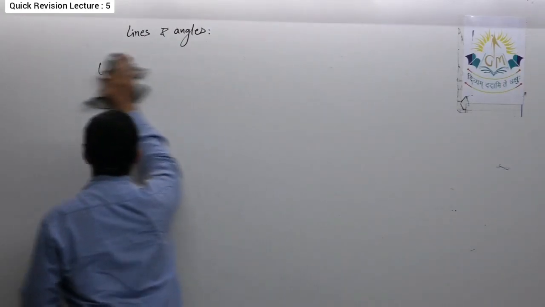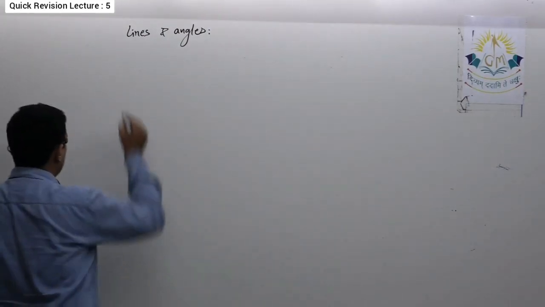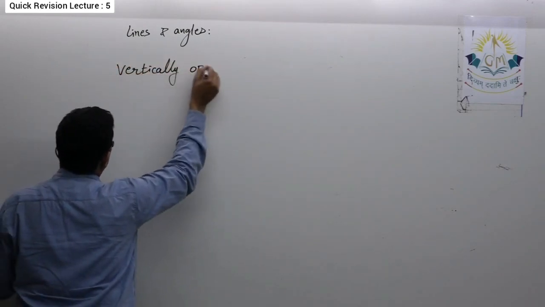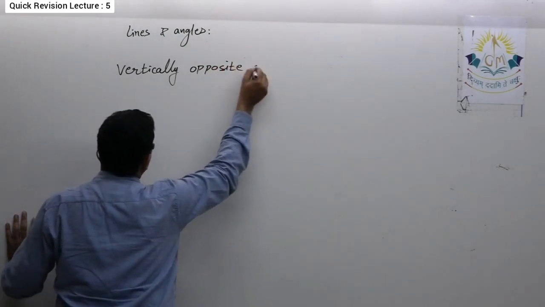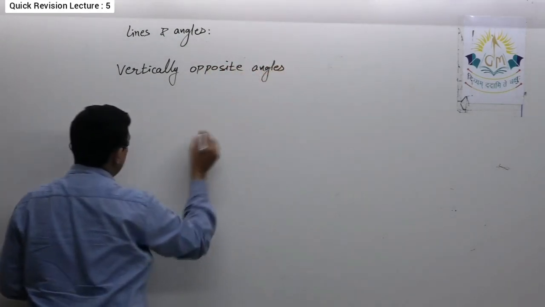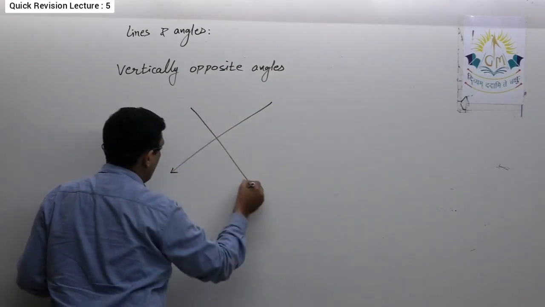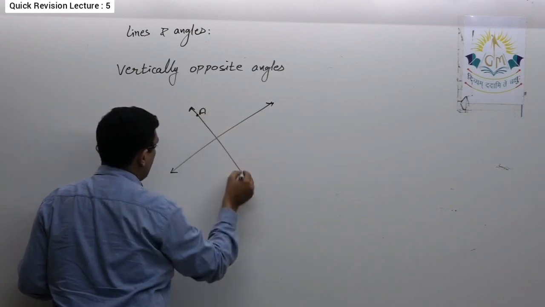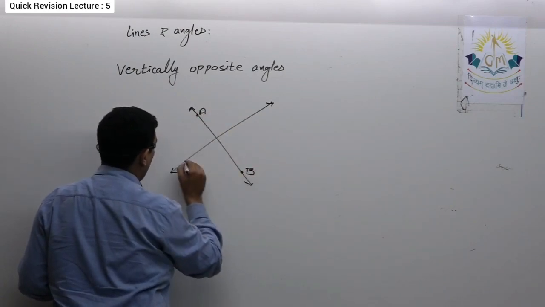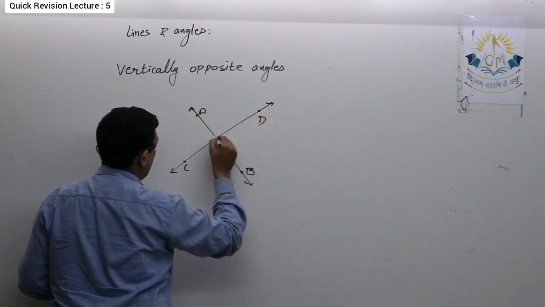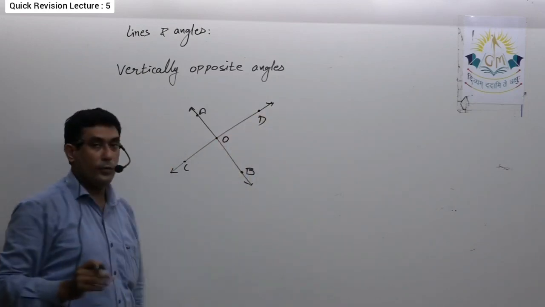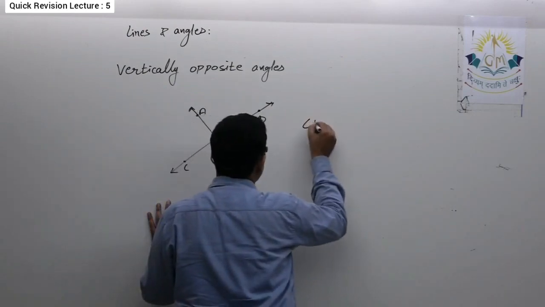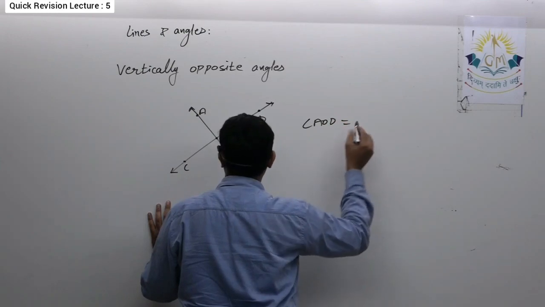Now, vertically opposite angles. Next is vertically opposite angles. So, if there are two straight lines intersecting each other at a point, let AB and CD intersect each other at O, then angles opposite to the vertex are equal to each other. That means here angle AOD is equal to angle BOC,